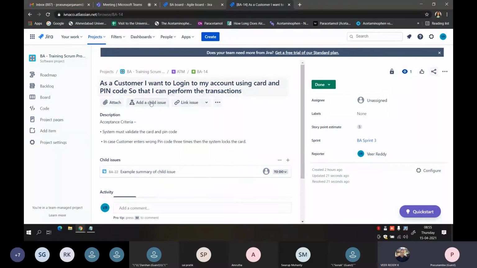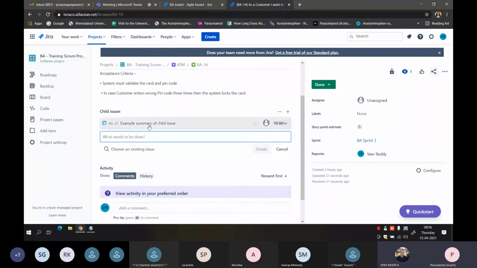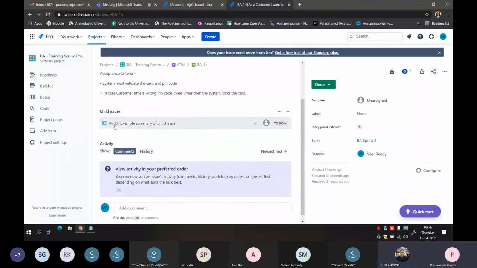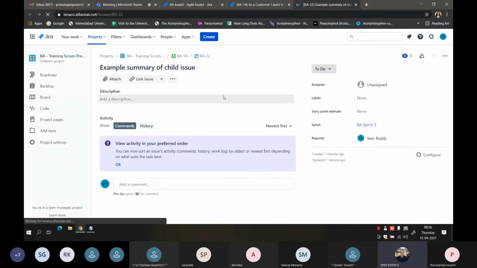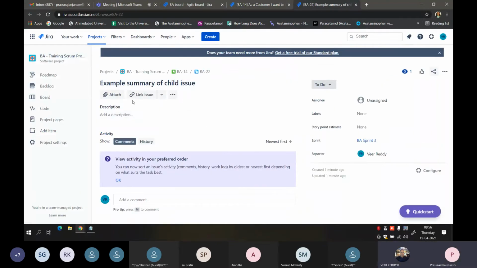And then you can also create a child issue, which is one more child issue over here. And then when you open this, if you see, there is no option of creating a subtask to the subtask.